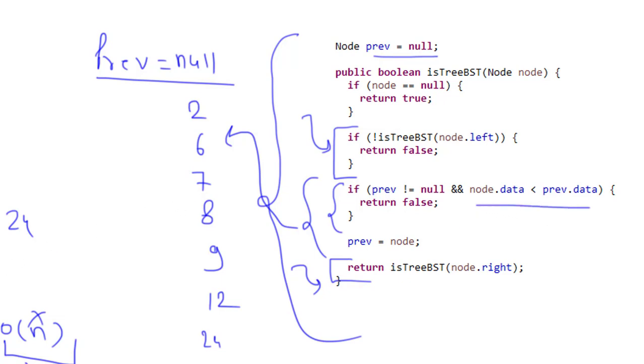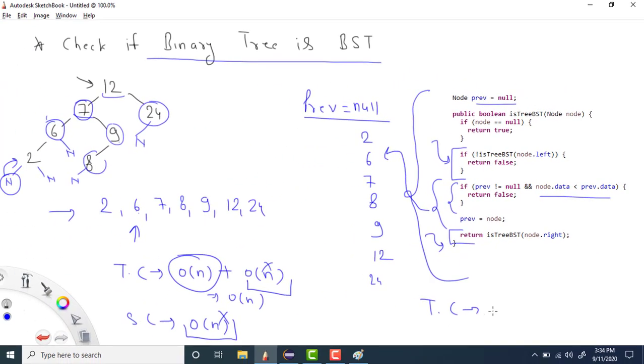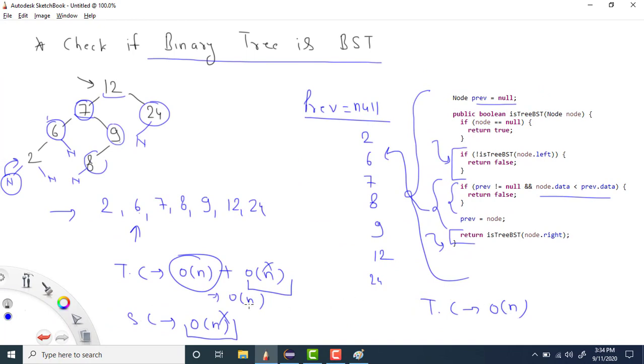In this case, we just need to do in-order, so my time complexity will be O(n), and I have removed the extra space complexity, as well as the extra step where after storing we need to check with the previous element, right? So this is how we can solve this question. We have also explained the time complexity and the space complexity.